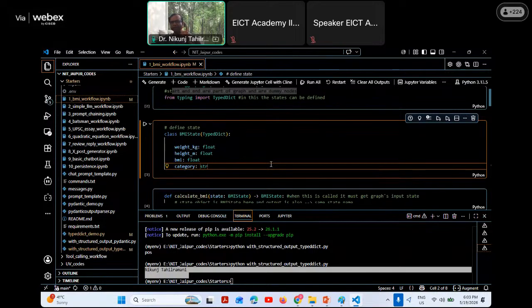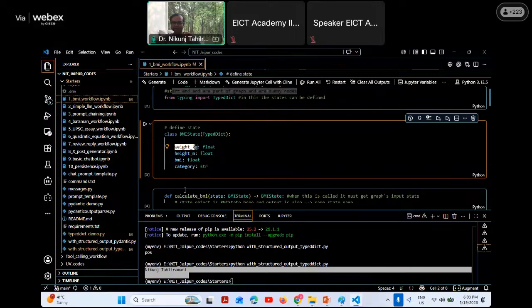For calculating the BMI, what sort of input you need to have, that you have to first think in your mind. You need weight, you need height, and then from this weight and height, you will get the BMI. That's it. Okay. Once you know that I need two inputs and one output, directly define inside the class